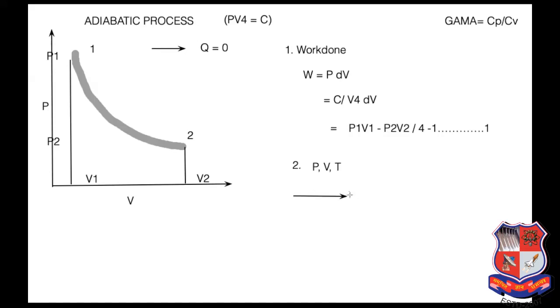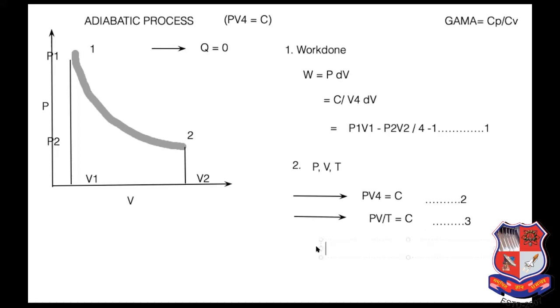One is PV raised to gamma is equal to C. The second equation we are using is the combined gas law equation, PV by T is equal to C. If I give names to these, equation number 2 and equation number 3, then we divide equation 2 by 3, and after simplifying